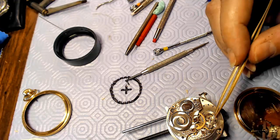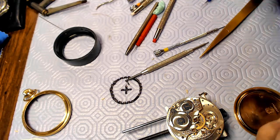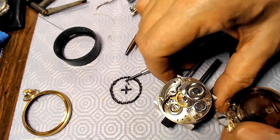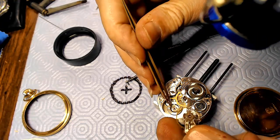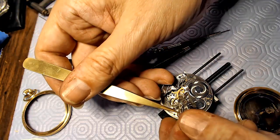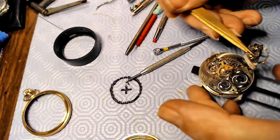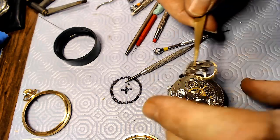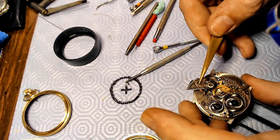So I'm going to enter the balance from, let me think now, see, I'll drop this down here for a second. I want balance to come in this way, so I'll enter it from this side. So I have to move the pallet fork over like that, and then I have to hold the balance properly here and not put it in my hands. So I'll have to enter it basically. I do not want to drop this balance, that would be a disaster. So I want to enter the balance from this side at an angle like that,